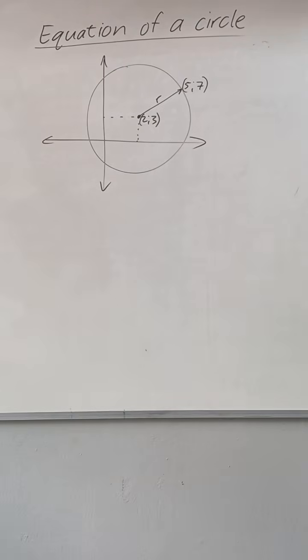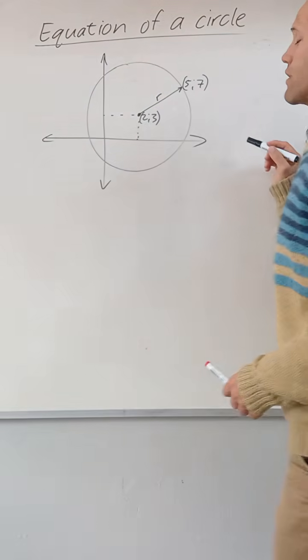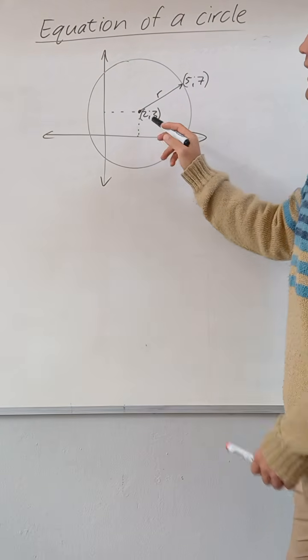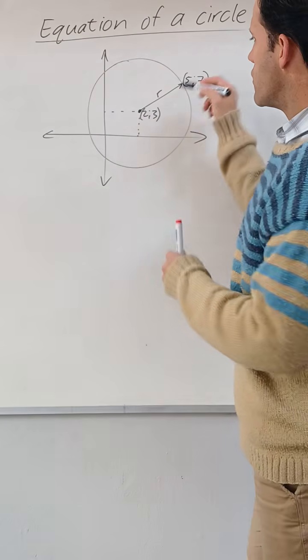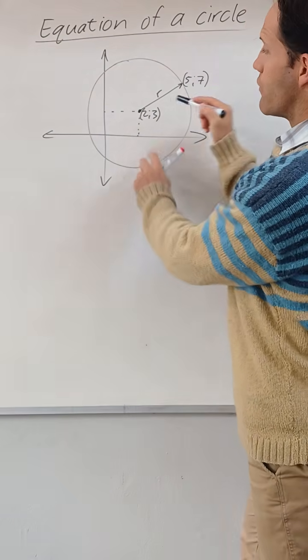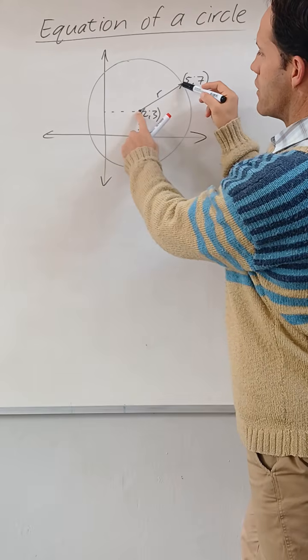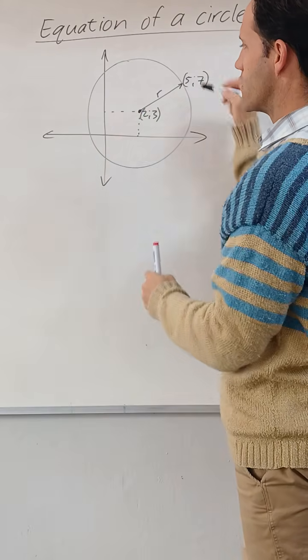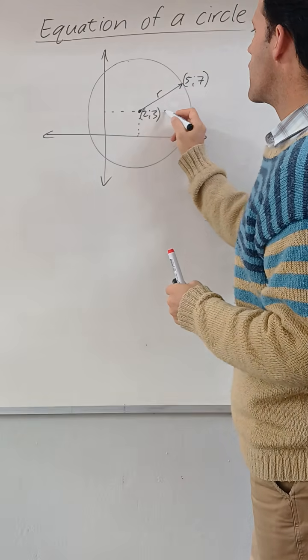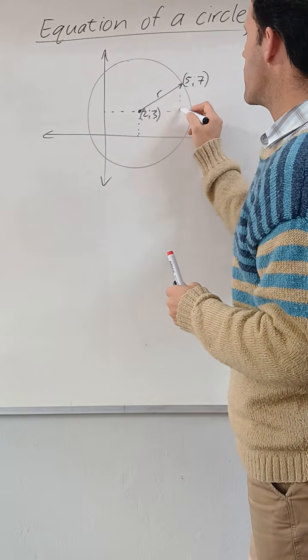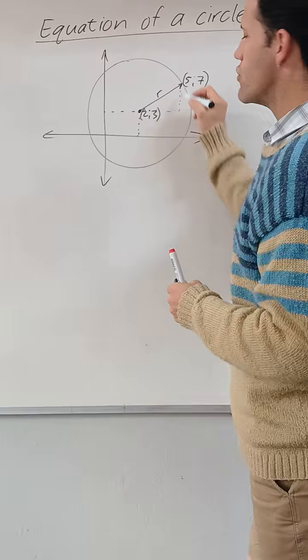Okay, so if you want to look at the equation of the circle, just so that you understand why it's negative and negative, okay? Remember, when I've got a circle with a radius r and I want the equation of the circle, you can say it's the same as if I draw a line here and a line there. It's the same as using Pythagoras.